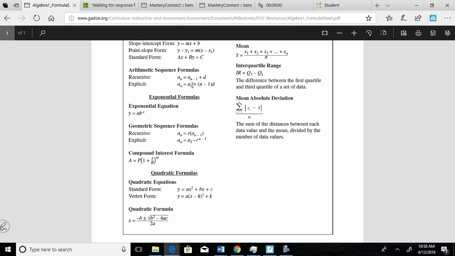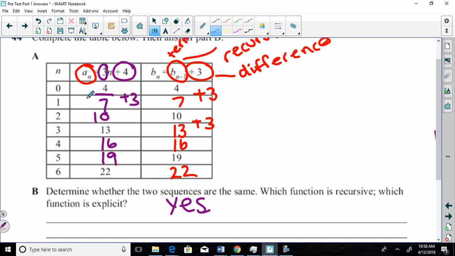First term. Don't get confused by y-intercept and first term. So like right here, your first term here would be 7, because it's your a1. Slope-intercept form would start with your b. Does that make sense? All right, so